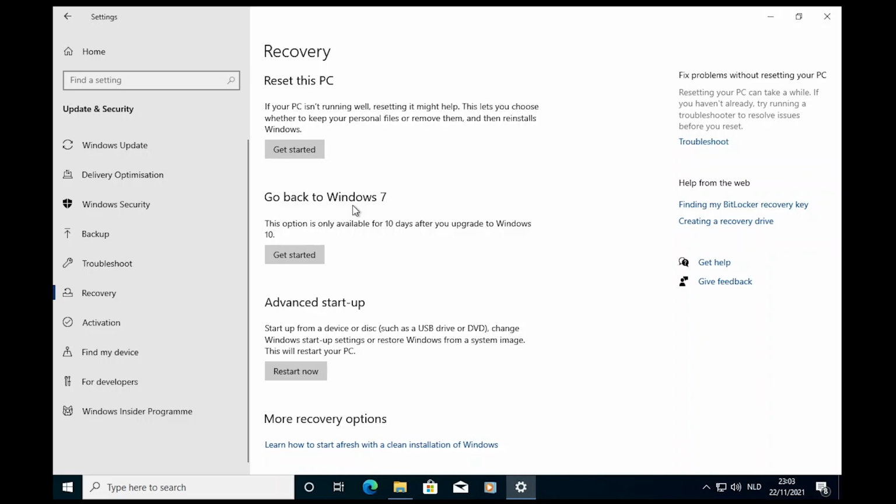In case you are still using Windows 7 and you are thinking of upgrading to Windows 10, from Windows 10 you can now upgrade to